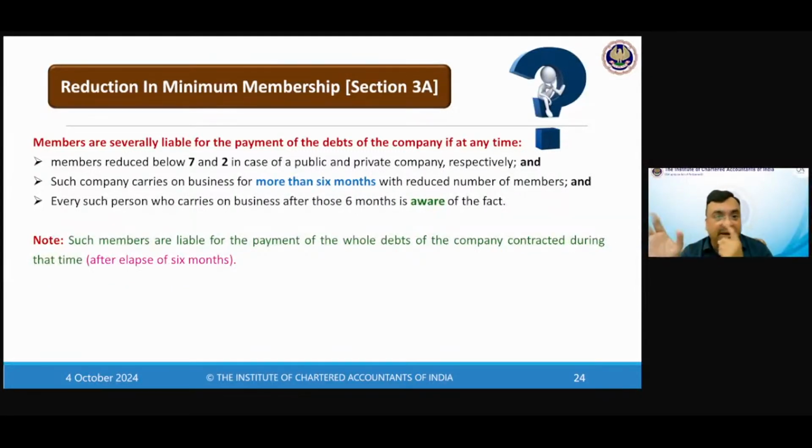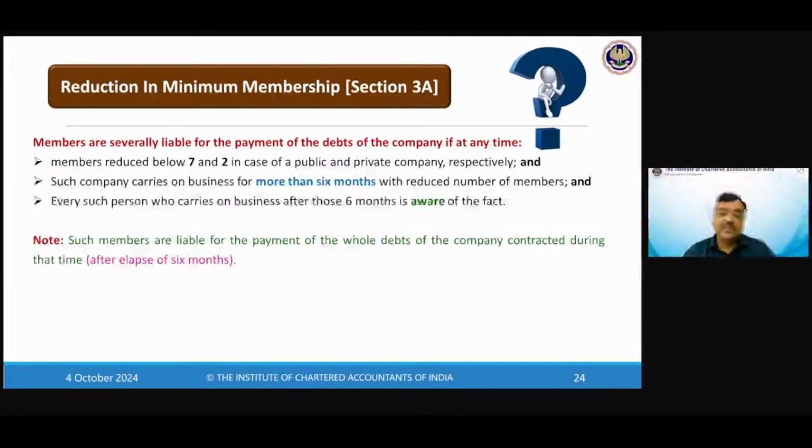Members are severally liable for the payment of the debts of the company if at any time members reduce below 7 and 2 in case of public and private company respectively, and such company carries on the business for more than 6 months with reduced number of members, and every such person who carries on the business after those 6 months is aware of the fact, that is, he has the knowledge, that members are below the minimum number